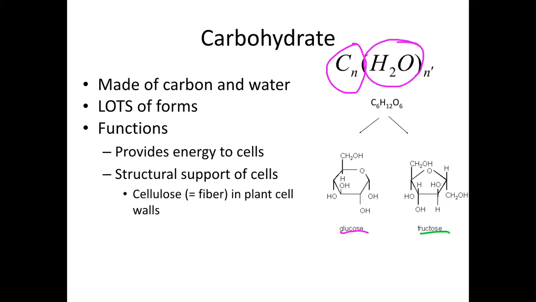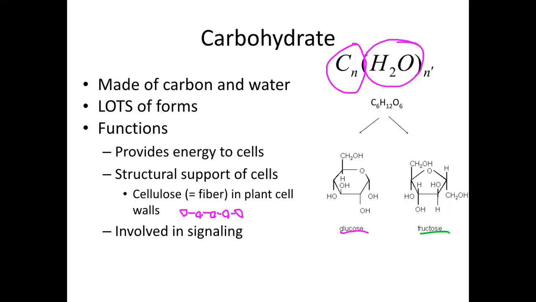Example you're most probably familiar with is going to be cellulose, that is fiber, insoluble fiber in your diet. This is in plant cell walls. This is what holds them together. It's actually a long string of glucoses hooked together in a specific fashion. And we're going to talk more on the next slide about what that specific fashion is. But telephone pole, piece of paper, it's actually made out of glucose. Just glucose that's been modified.